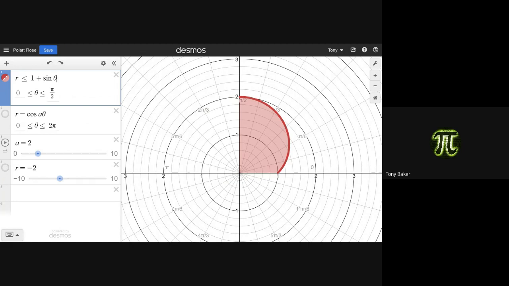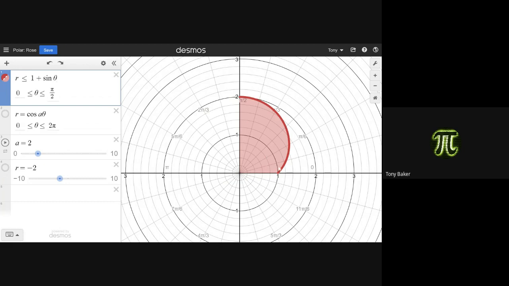Although when I'm doing the cosine one, it won't work with the actual less than or equal to, and I don't know why. It gives me something different, and I haven't quite figured out why that's the case. So I got rid of the less than or equal to in that one. So what this says is basically